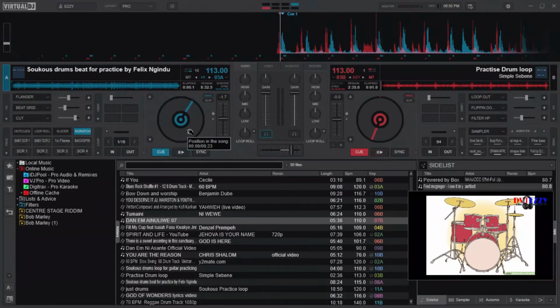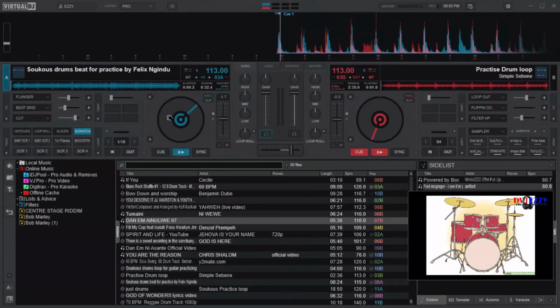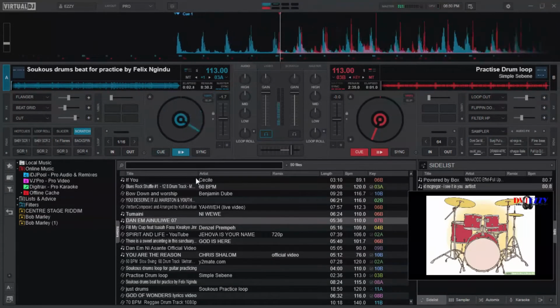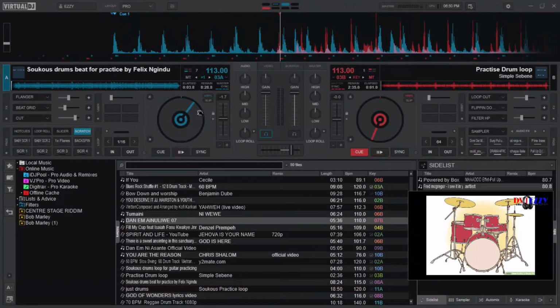That one I only use when I'm playing something like the first beat. I'll hold on to the jog wheel, press the play button, and then maybe do something like this. You can do it from the start, or you can do it while you're playing another song, like right here. I'll use this one to scratch. For example, listen to this.